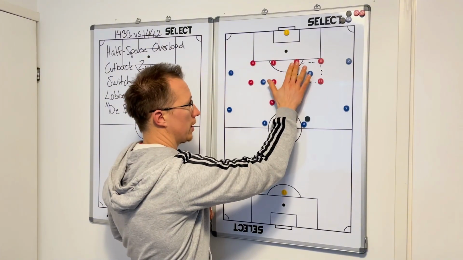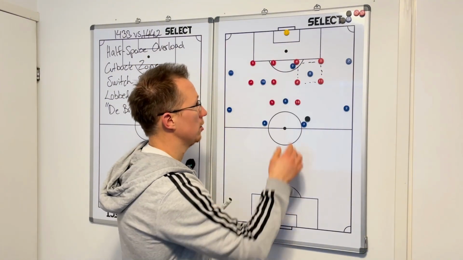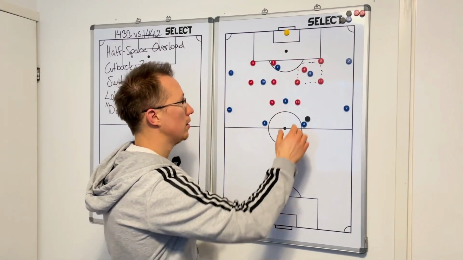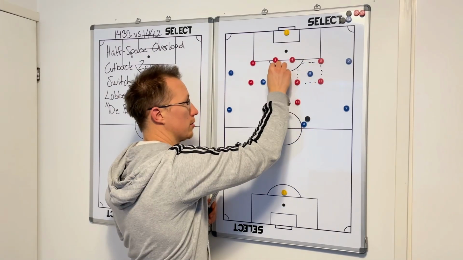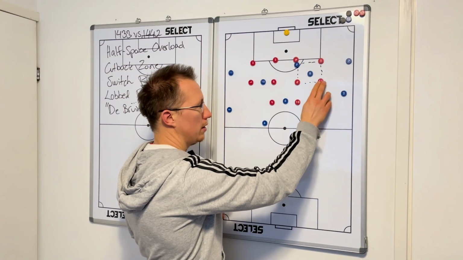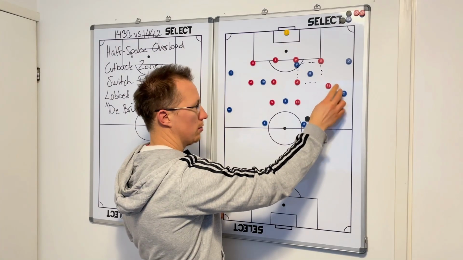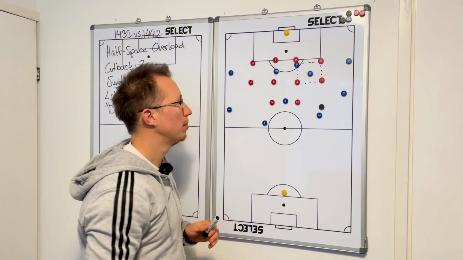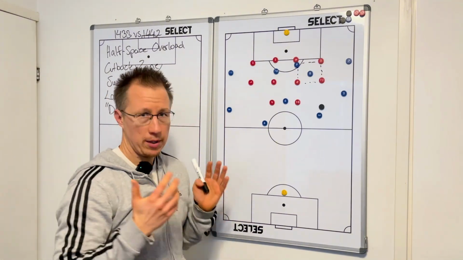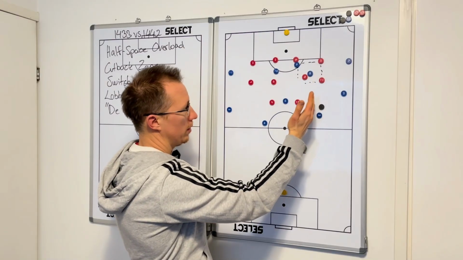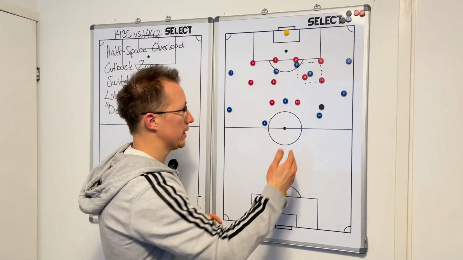You need your striker close to the center back, because if the striker is here, the opposing number 4 can easily mark number 8. You want your striker close here, maybe a fullback a bit higher. So number 11 needs to also mark the fullback, and maybe number 10 pushing a bit up to create additional threat. Because now the opposing midfielder can't just follow number 8, because that will open the passing lane in the